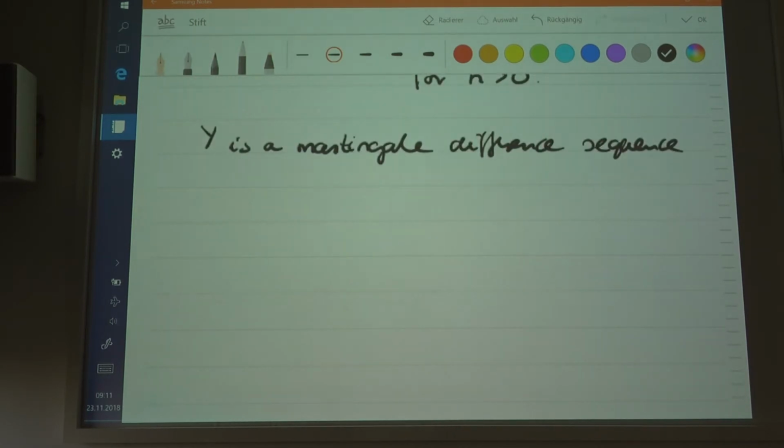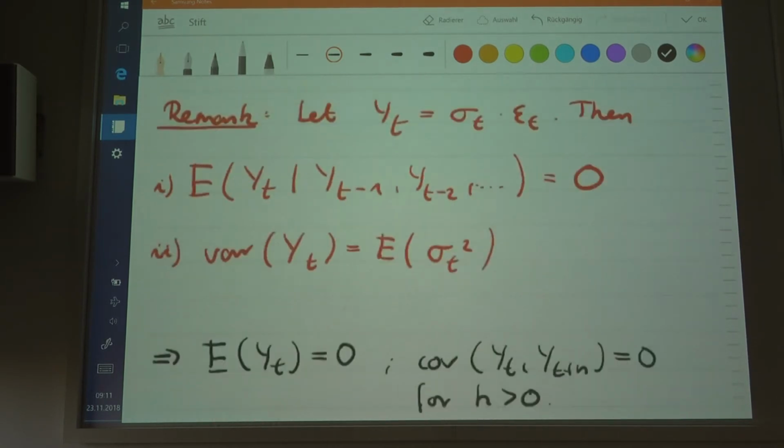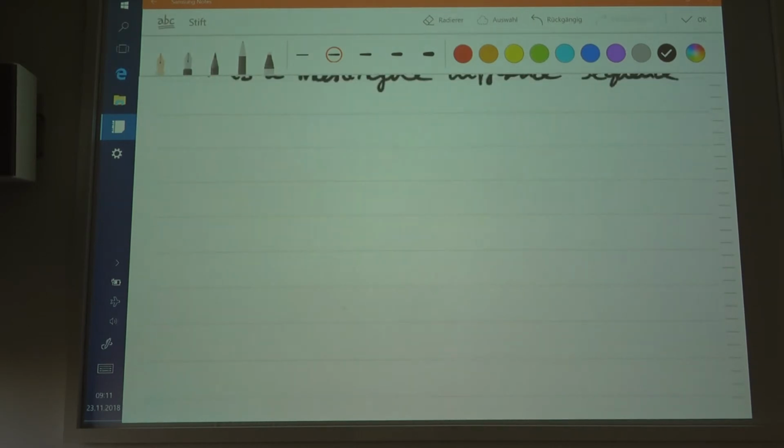Now that's why we start, and now we're going to define an autoregressive conditional heteroskedasticity. So that's the introduction, and this is going to be part of the next chapter. What is an autoregressive conditional heteroskedasticity process? Let me just define this first. This is a definition: y is said to be